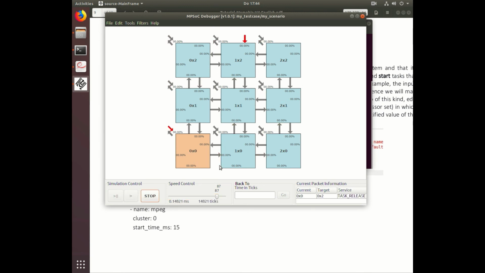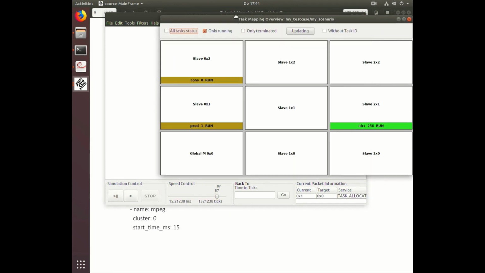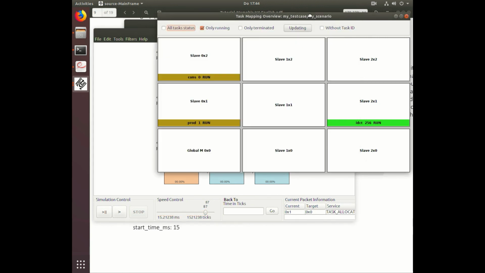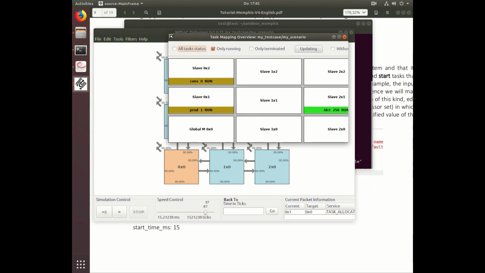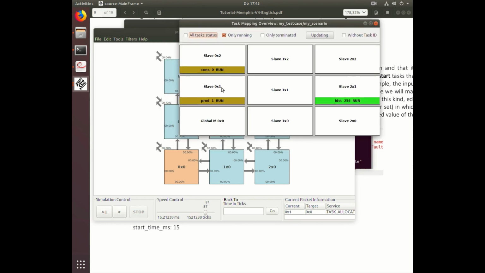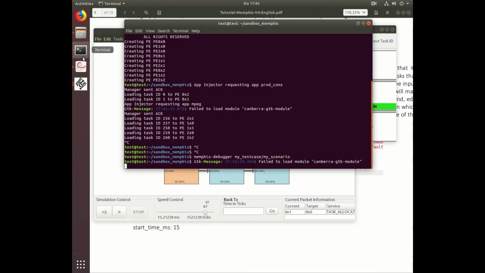You can see here some protocol executing, the management protocol, and now I will just pause. If you go to the task mapping overview, you can see that there are two tasks here that are related to the prod-cons application that we developed, and they are communicating. And here are unused cores, but I stopped it at the time of 15 milliseconds, and after this time the MPEG application, as you can remember here,